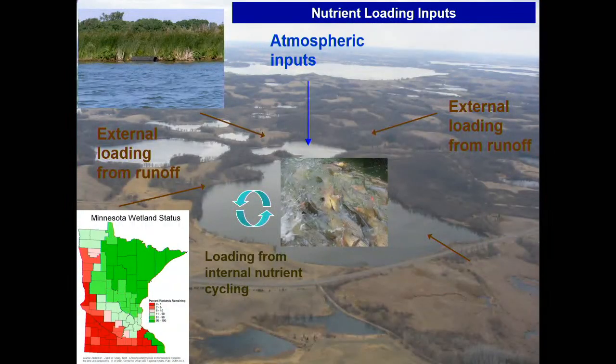The other part of this is our inputs on shallow lakes. So we've got basically 3 different ways we get nutrients into a shallow lake. We got the atmosphere, that's a relatively minor part of this. The big one is runoff from the landscape. So ditches, farm fields, septic tanks. I mean, it's point and non-point. That's a big one.